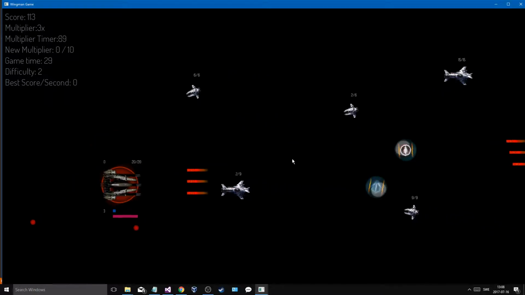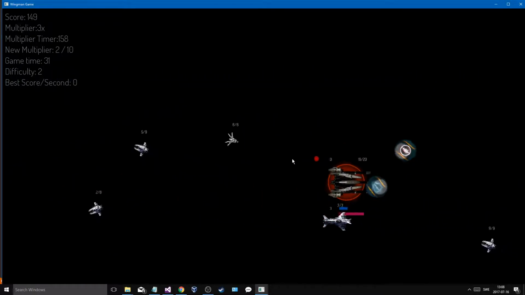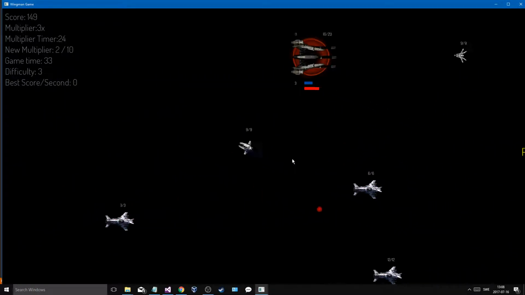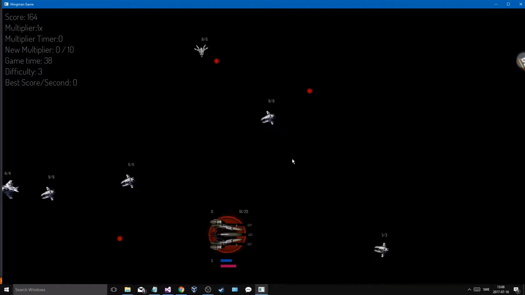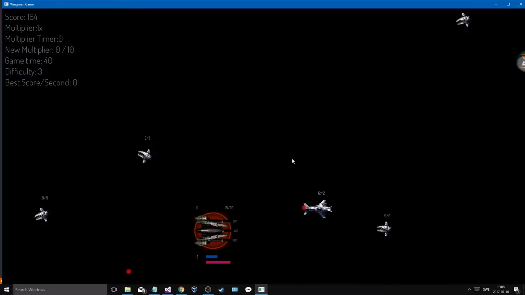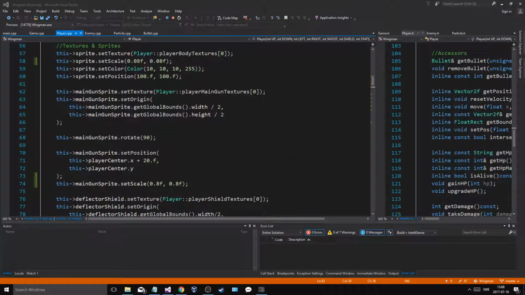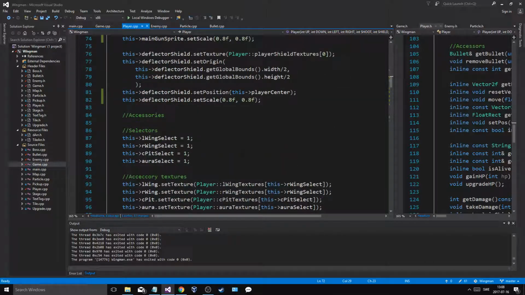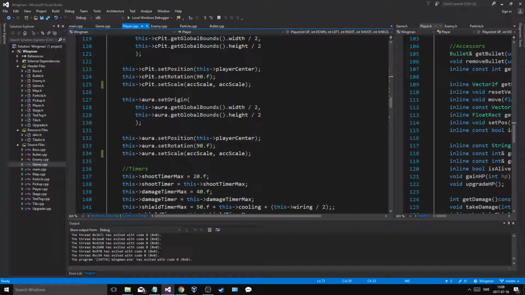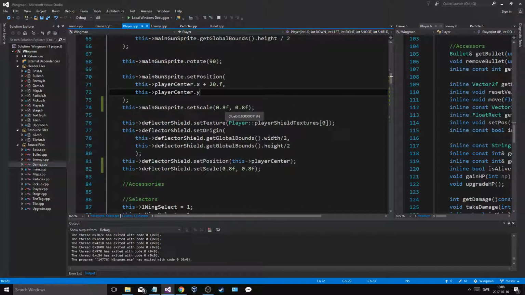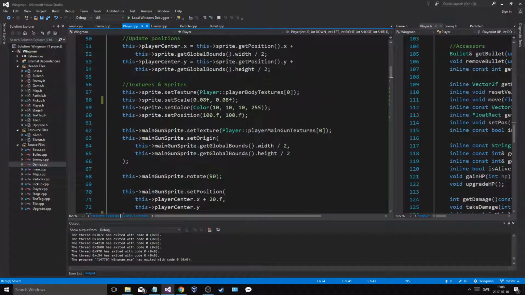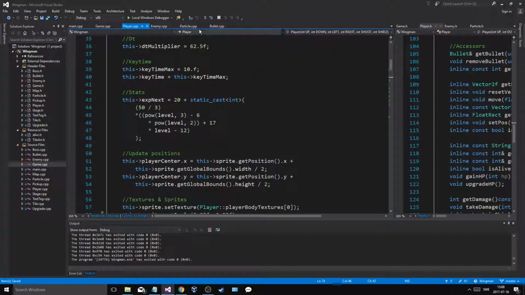Yeah, that's fine. I gotta see the shield as well. Shield is good. Yeah, okay, cool. That's fine, I guess. Just a little smaller. Shield's fine. I think I just want to make the main gun a little bit bigger to make it look cooler. And when we do bullet,